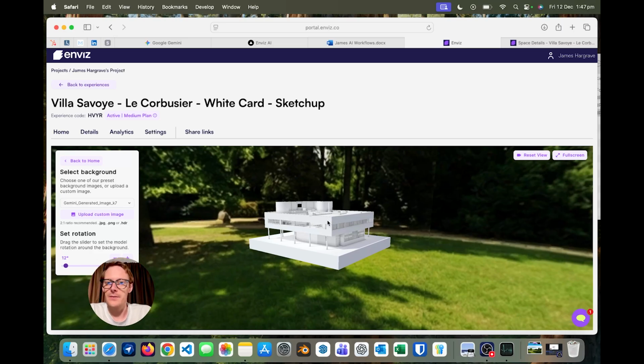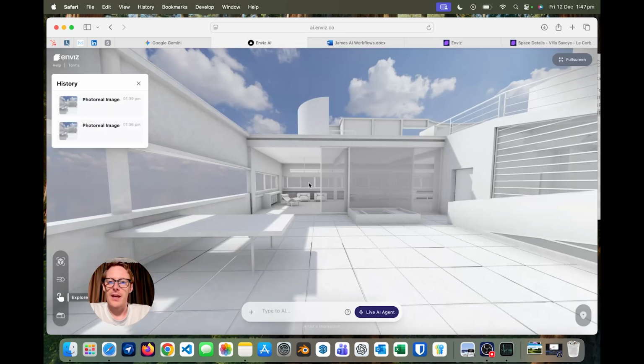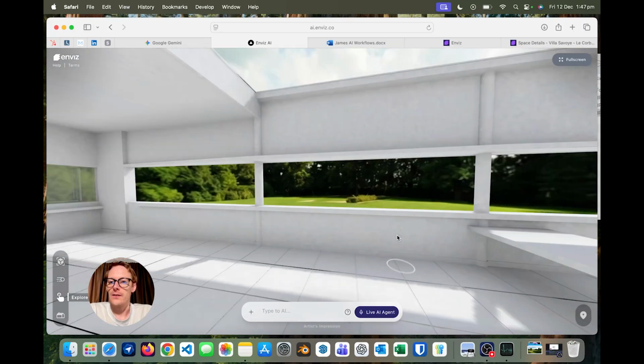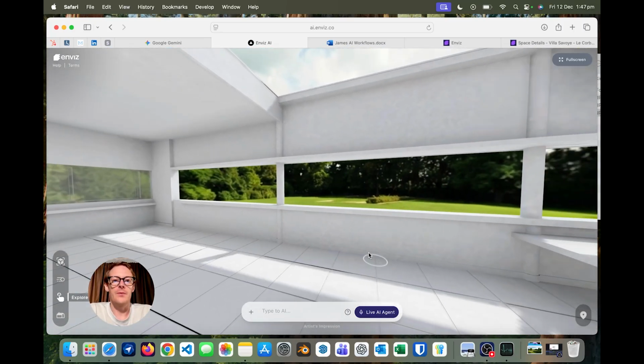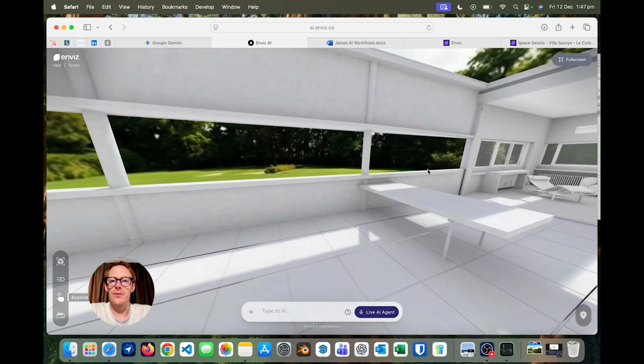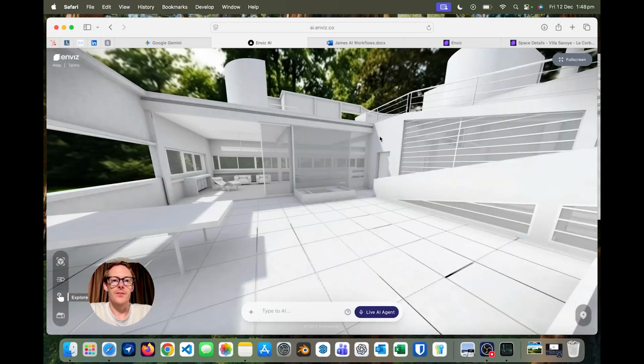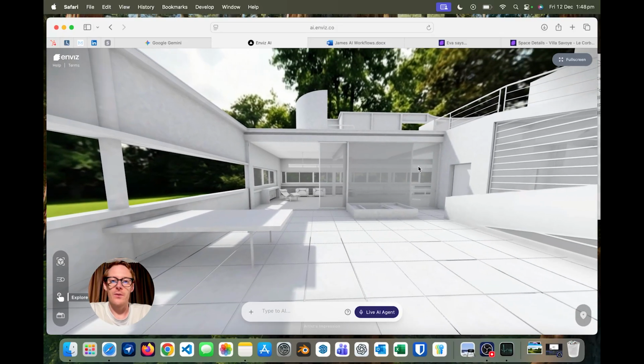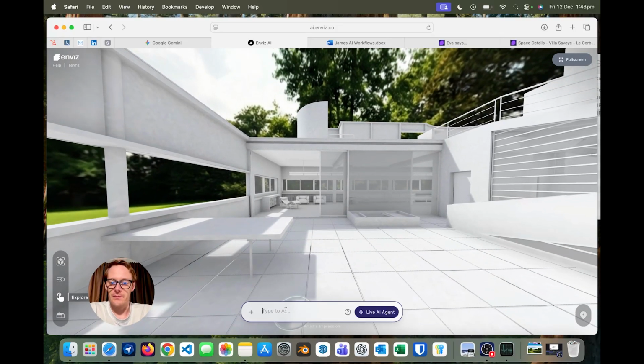So now that this has been published, I can go back to my original space where I was using the AI tool, and we can reload. And just like that, the new 360 image has been uploaded to our space and is providing some amazing context and backdrop to our 3D model. So now when I ask it to make this look photorealistic,